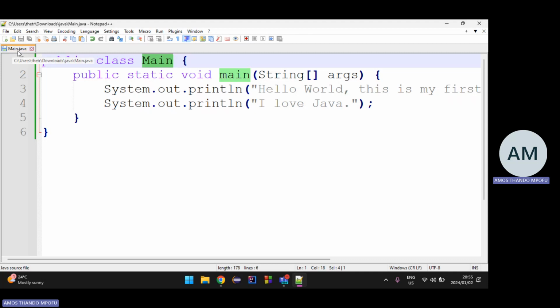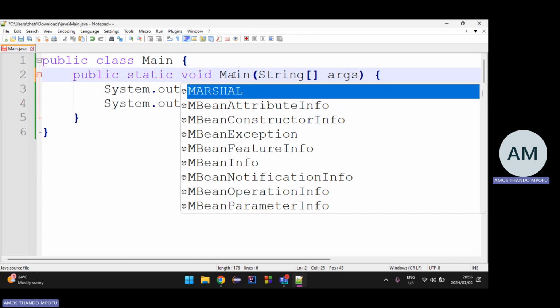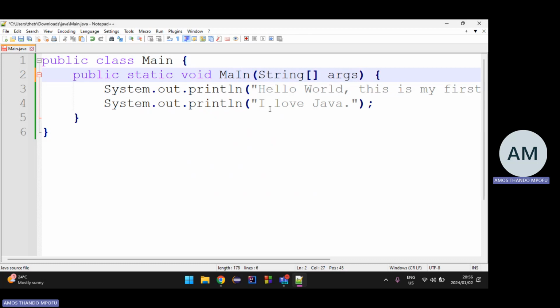Look at the first part of the file, main.java, and look at the class Main. Exactly, even the capital letter M. The main function is always going to be like this. Don't try to write your main function and capitalize the I. It won't work. It's not going to run, and you're going to get a funny error. So just don't do that. It's always small letters here.